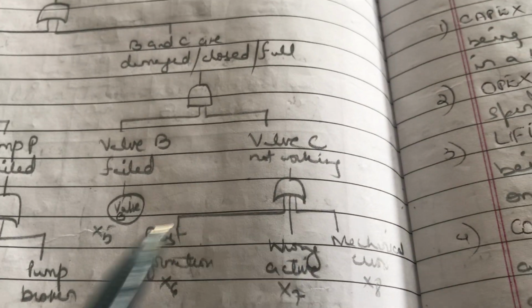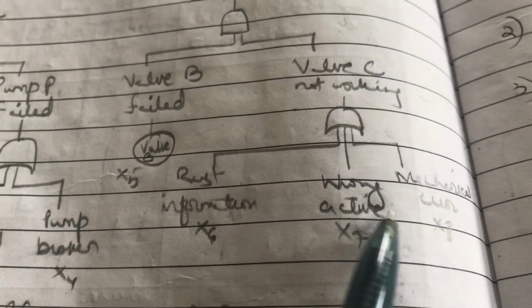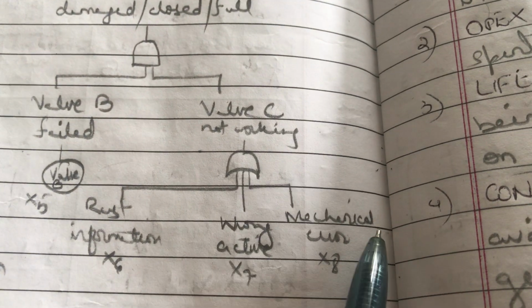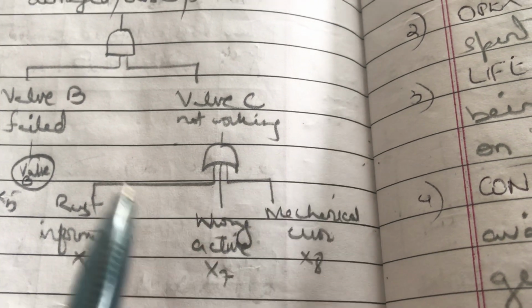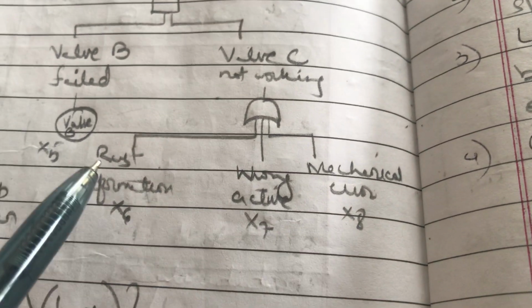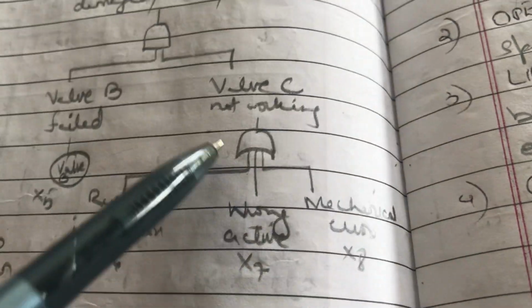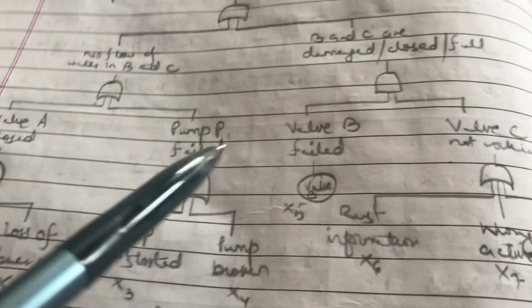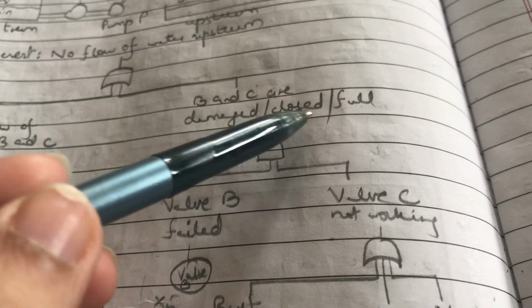There can be another possibility of it not working: due to rust formation, a wrong actuation where it is not actuated properly, or a mechanical error. There can be a mechanical error in it. Okay, so all these are represented by what? By OR gates. Okay, see, OR gates, but here we put it as